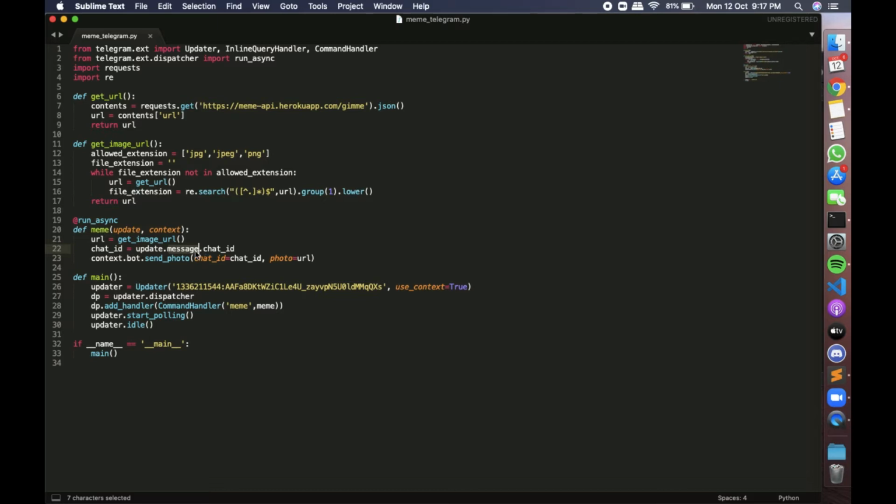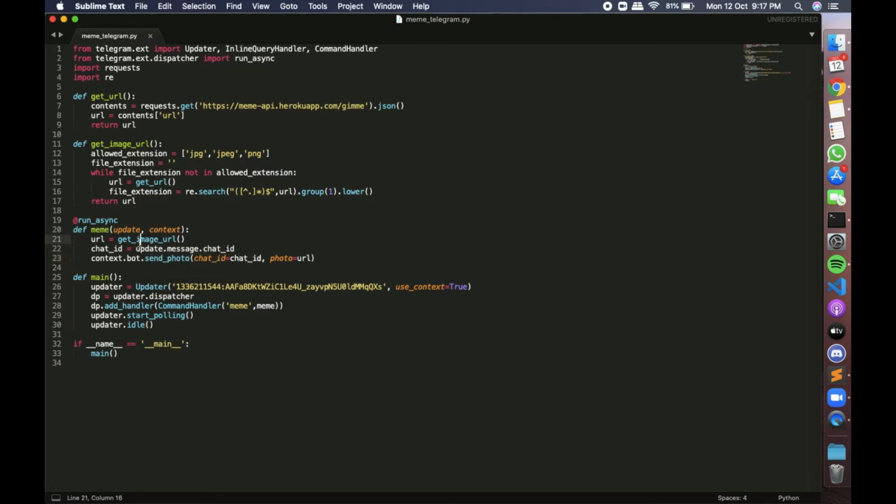So to send that particular meme to that chat only, the Telegram bot uses a chat ID. We can get that chat ID from this line, and in the end we just use the send_photo function to send the photo using the URL to this chat ID. So it was as simple as that.